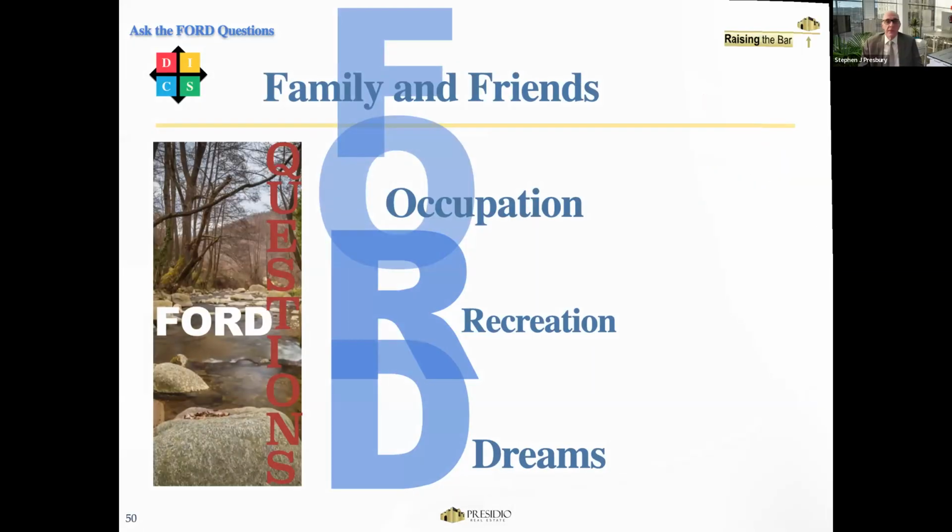Perfect. Let's look at this whole thing. So the 4 questions basically are family and friends, occupation, recreation, dreams. If you're working with people that you don't know, they're good areas for us to start with to build up relationships. As realtors, we need to build up relationships fairly quickly in order to make ground with the people that we are hoping to help in real estate needs. Any thoughts or comments on that we've talked about in the last few minutes?